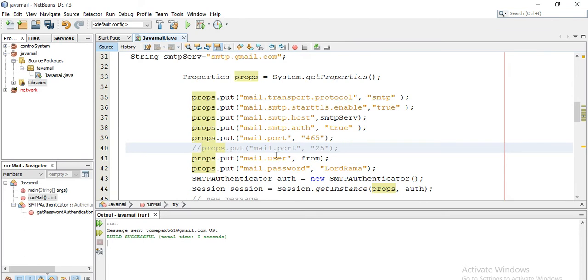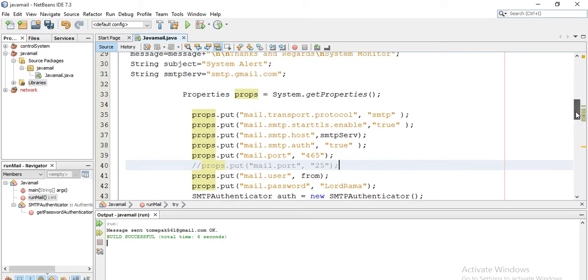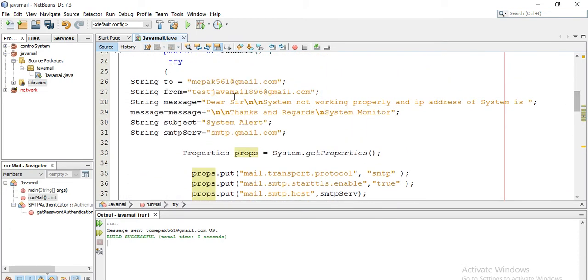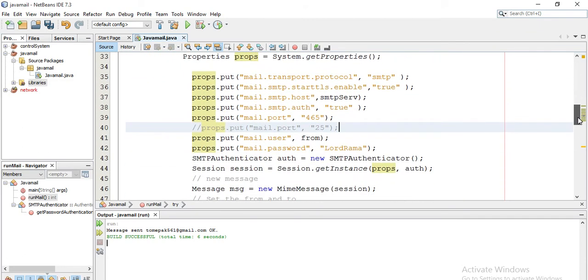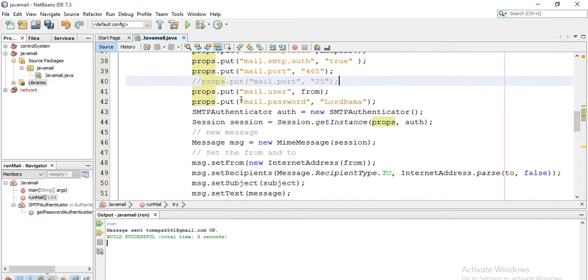Now put the user here, from, that I have set as a string, from where this email is going to be sent. Make sure that the address you are sending from has proper authentication.